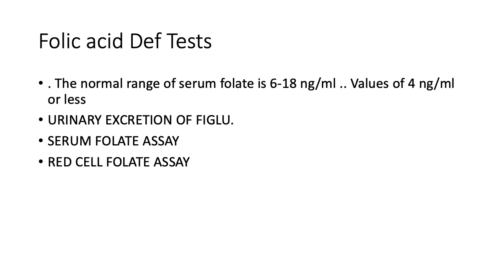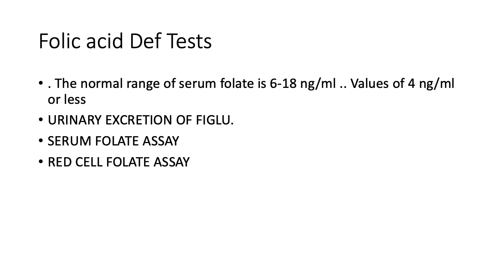And how do you determine it? Schilling test can be done, and you can do a serological assay of vitamin B12 or folic acid. But the Schilling test is outdated, though you still learnt about it. And patients of pernicious anemia will have atrophic gastritis as well as a beefy tongue.